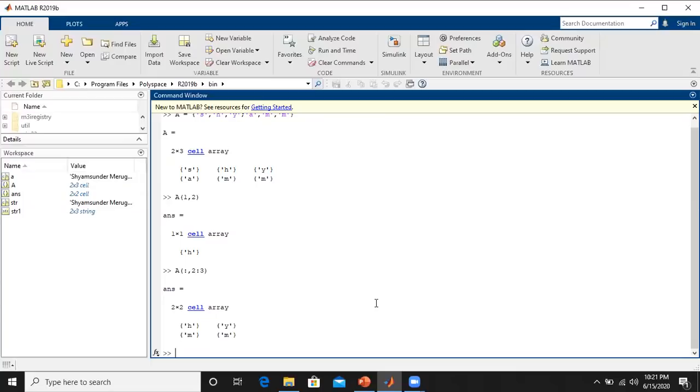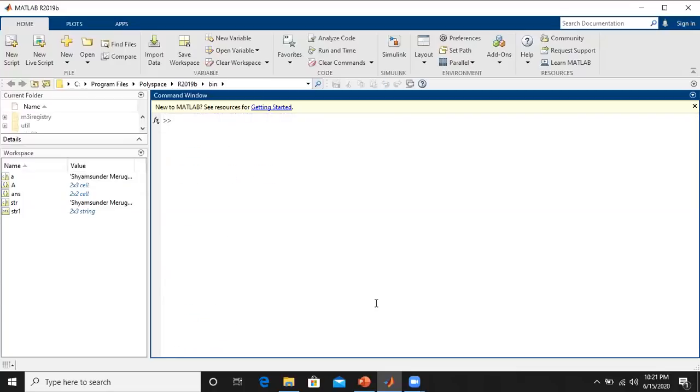Now we can also convert a numerical array to a string array. Okay, so let us clear the screen once again. So let us take a variable A here. Now we wish to convert the numerical array to a string array, right? Then we enter the numerical array here, 1 2 3 4 5, then 6 here, right? So this is the numerical array. Now we just want to convert this one into a string array. So for that, we have to type the string function here. Then which one we want to convert into string, that variable A, so that we can completely get those numbers converted into string.